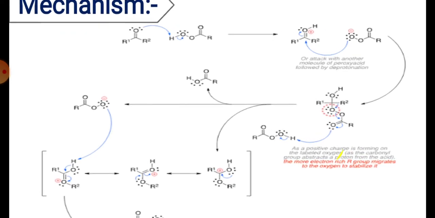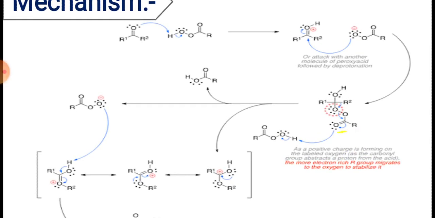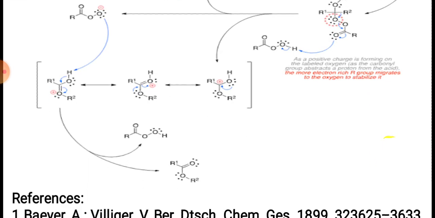Another way to explain the mechanism, so we have the same mechanism. We can explain this reaction in a second way. We have the pair of electrons from the ketone oxygen which abstract the proton, and finally it will be deficient, and then the negative charge will attack on that, and finally you get the intermediate, and then rearrangement takes place. So many steps occur, and finally you lead toward the ester plus acid.